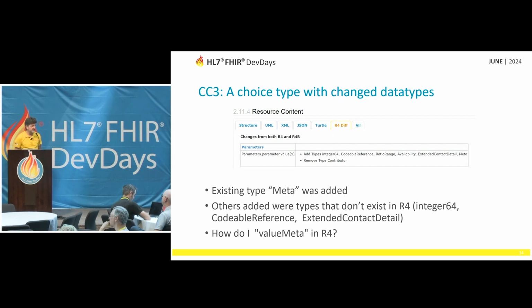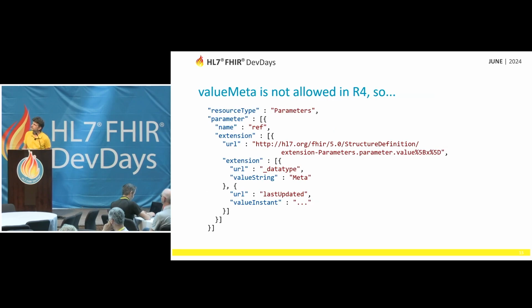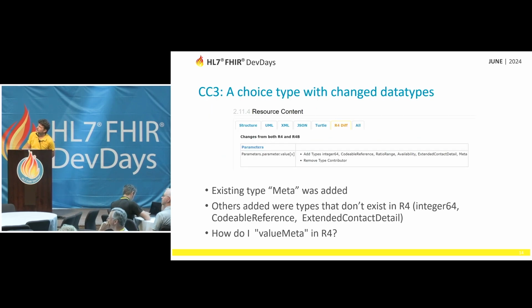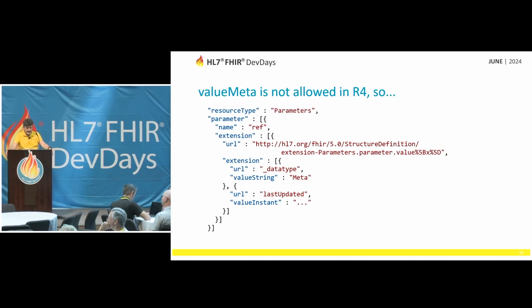And an existing data type, Meta, was added that wasn't allowed before. Because in R4 we thought, Meta is a data type that you should never have here as a parameter, so we simply didn't include it. So how do I do value Meta? This one is scary. Look, it is a complex extension. Look what happens here. So we were talking about, one more time, parameters.parameter.value. And if you look closely at the JSON, you'll see that